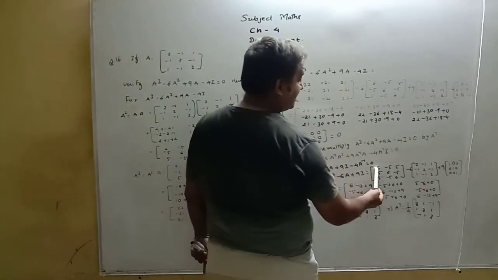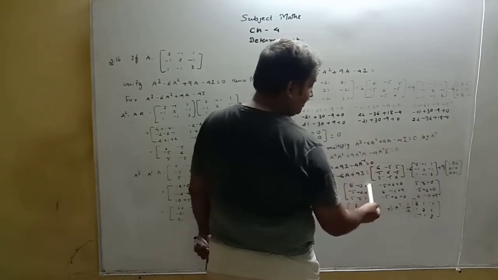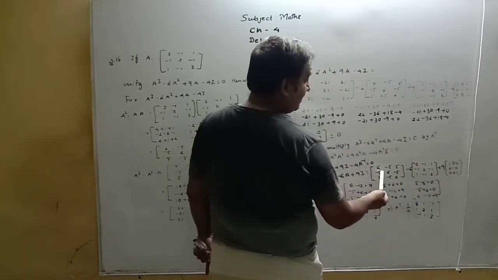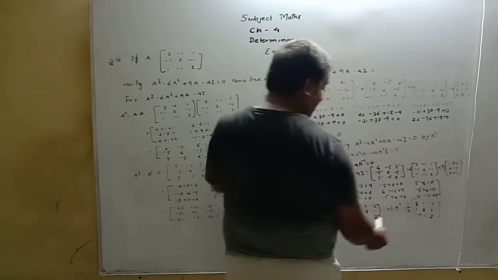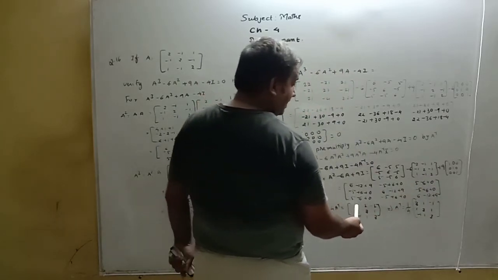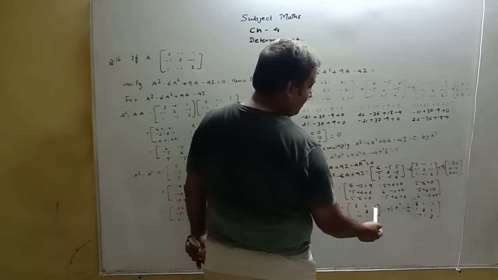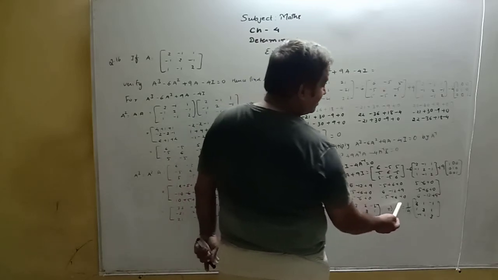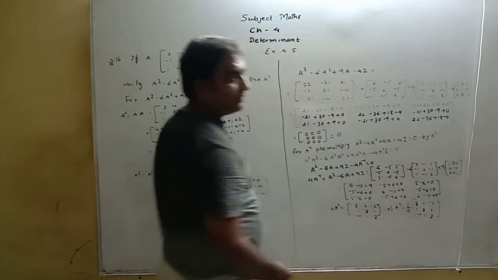So again we take 6 minus 12 plus 9, minus 5 plus 6 plus 0, then here 5 minus 6 plus 0. Like this we simplify, and then we get these entries: [3 1 -1; 1 3 1; -1 1 3]. This equals 4 A inverse. So A inverse equals 1 by 4 times [3 1 -1; 1 3 1; -1 1 3].